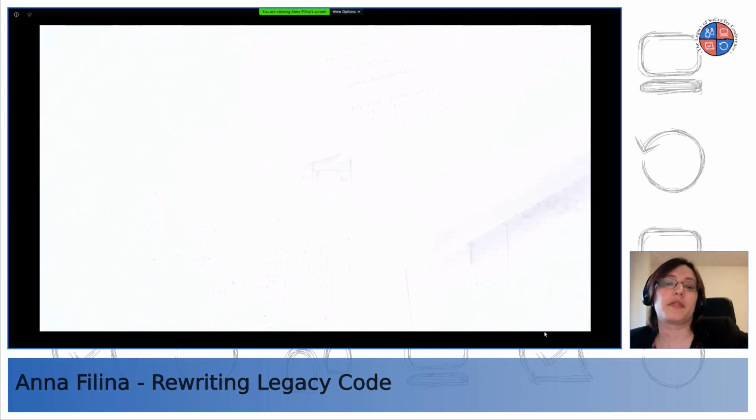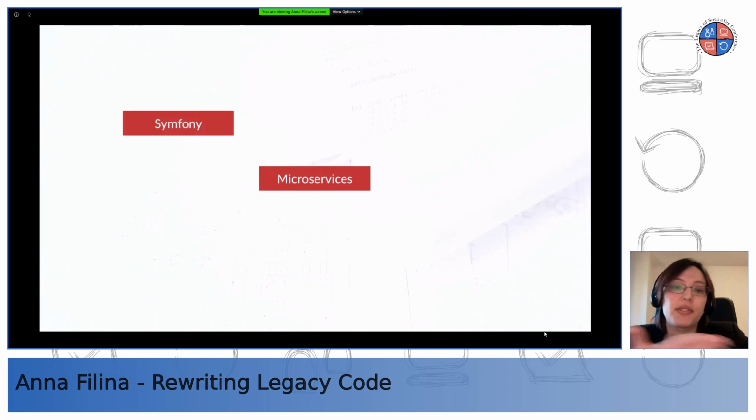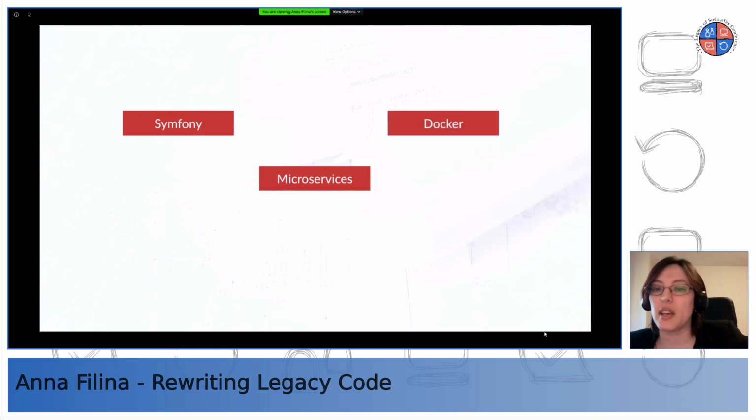And some of the reasons for that is often people start with a very ambitious new stack. So they can decide, hey, let's do microservices. And of course, they don't know how to write microservices, but they want to do it because they heard that it's going to make old legacy better. So they start with that. And then, of course, they've been using maybe Zend Framework 1 or CodeIgniter, so they want to move to Symfony. And after that, they want to use Docker because Dockerizing your environments is all the rage, which is good.